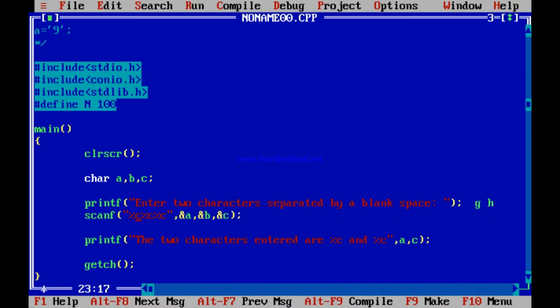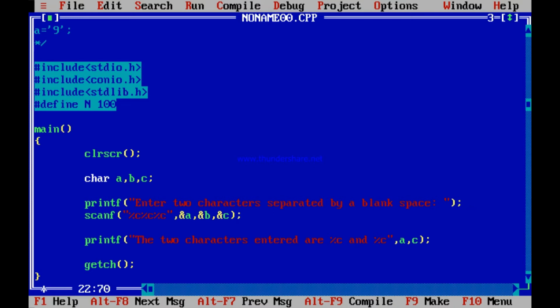It scans G. The second %C scans the blank space, and the third %C scans the H. So C is H. So you are printing A and C, that means you are printing G and H. Is not it so? Do you understand what I mean to say? I tell the user enter two characters separated by a blank space.